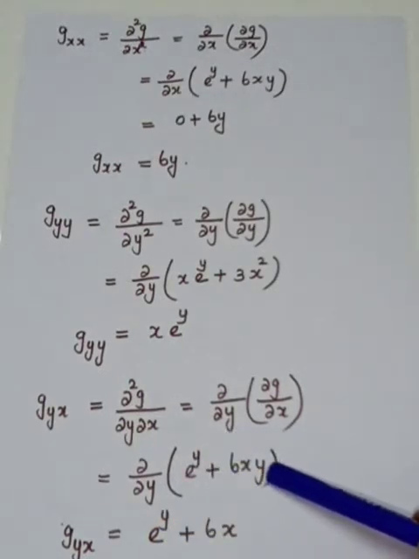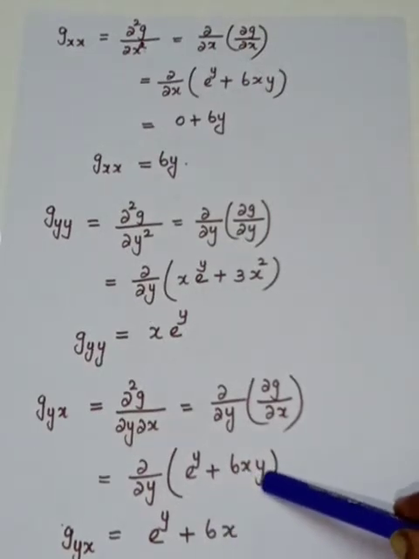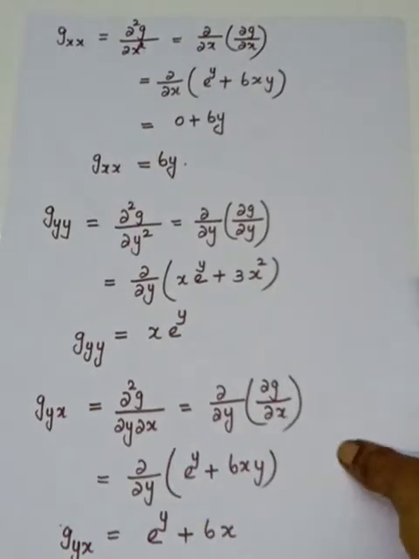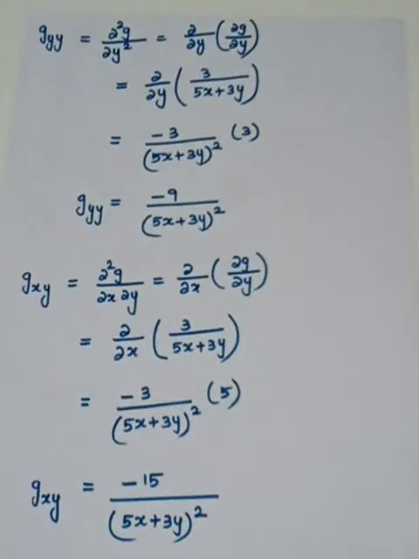Here what is involved? x and y both are there. So what is a constant? 6x is a constant. So what is remaining? y. So y with respect to y is 1. So you have finished the problem. Okay. So come to